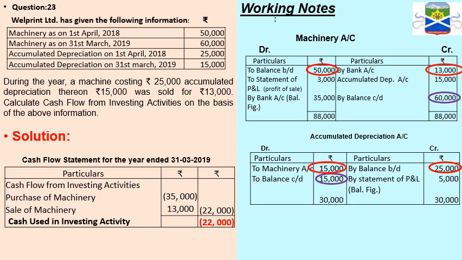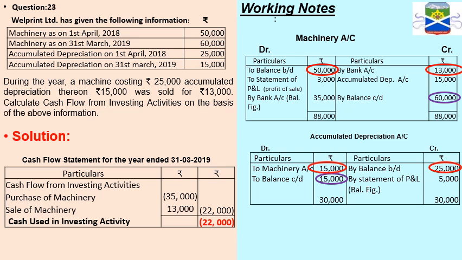So now, by putting this in, we will get the balancing amount of by bank, that is the purchase basically, which comes to 35,000. And if we balance the accumulated depreciation, we'll get 5,000. That will be the depreciation during the year. This is the operating activity. It will go to the operating activity, while I'll tell you again later. So this part we have to find by balancing these two accounts.